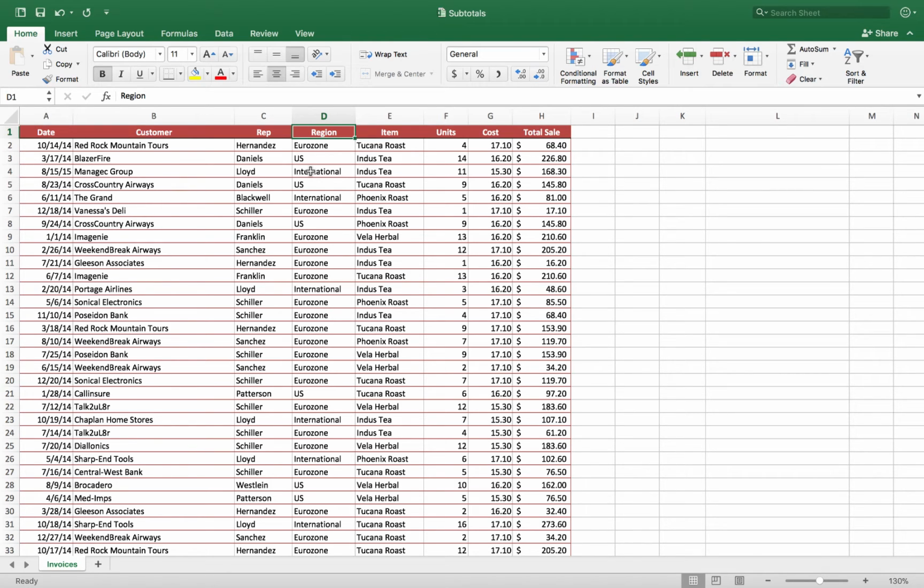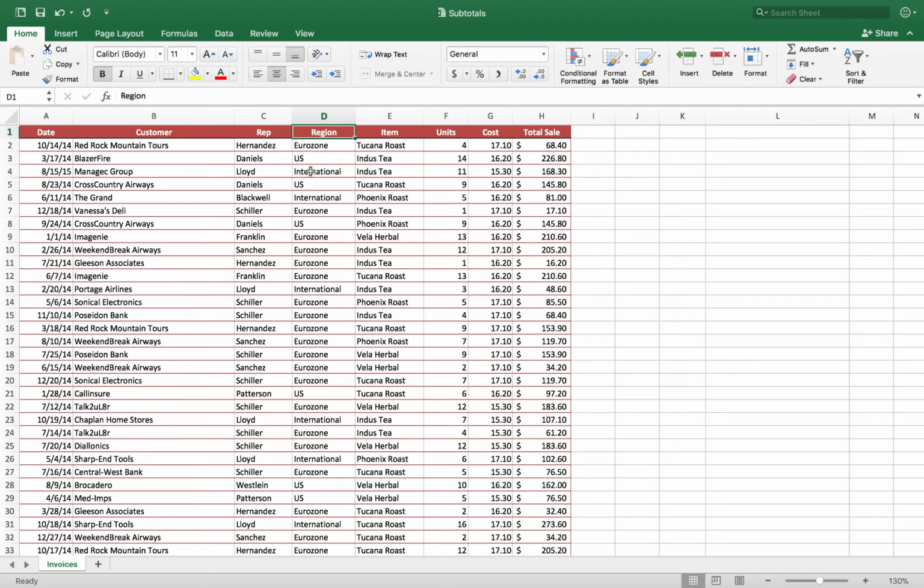Okay, so like everything in Excel, there's always more than one way to do stuff. But one cool way to aggregate the data or summarize it is with the subtotals feature. Before you use the subtotal feature in Excel, you gotta sort the data on the column that you want to do a subtotal on.